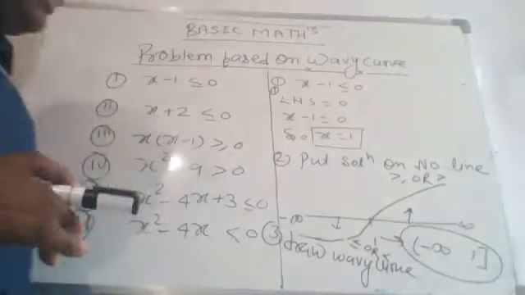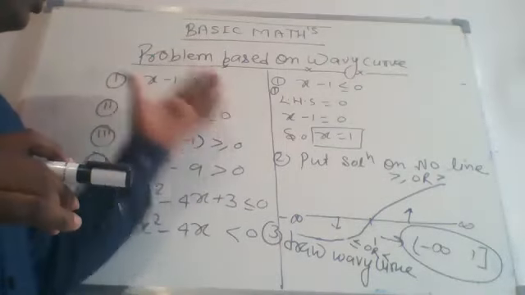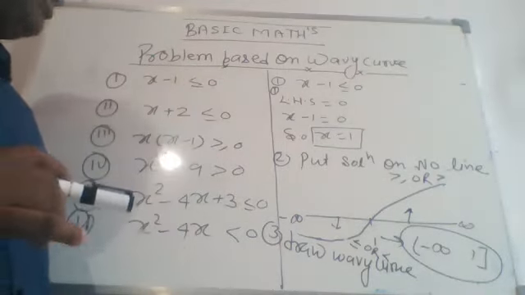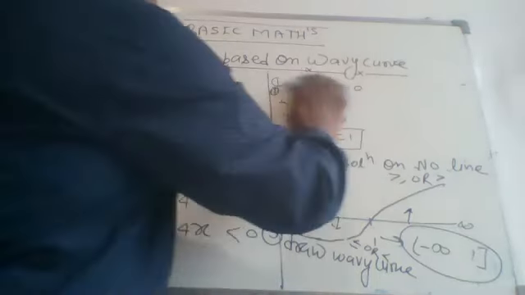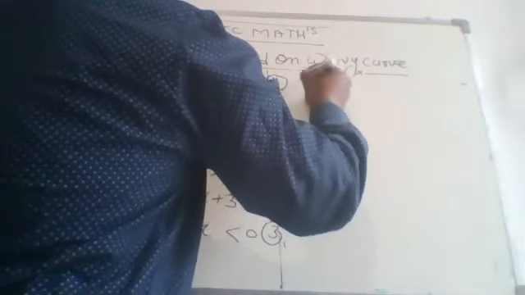So here I am going to discuss the second question on the board. You have to just see. I am going to explain all the questions written over here. So let us see question number two now, and how do we solve this question? Just see on the board, everyone. Here the question number two is x plus 2 less than or equals to 0.